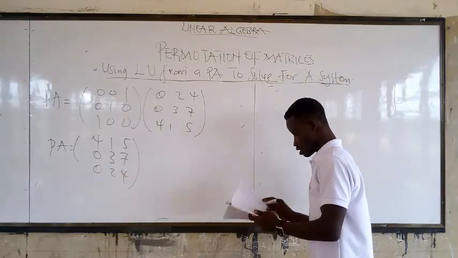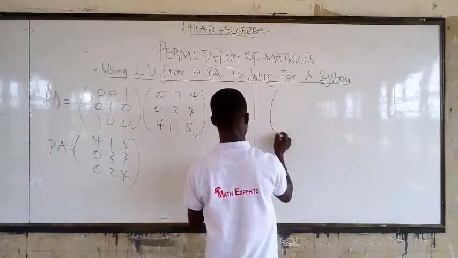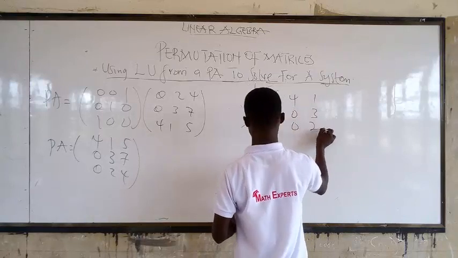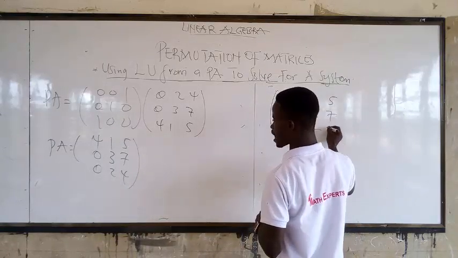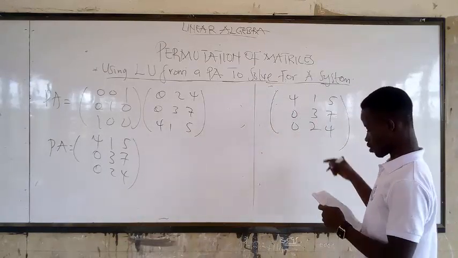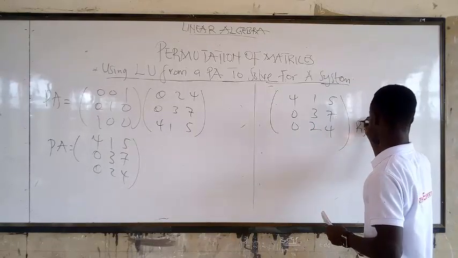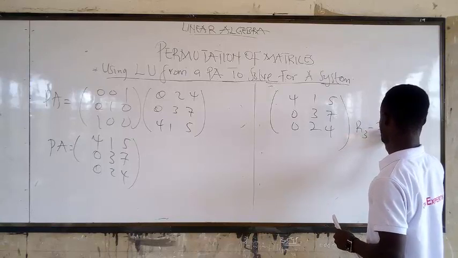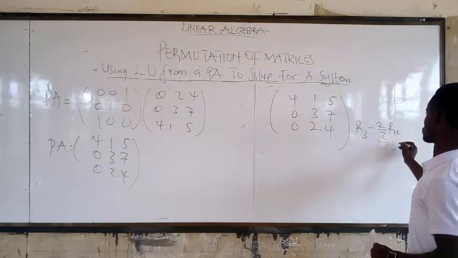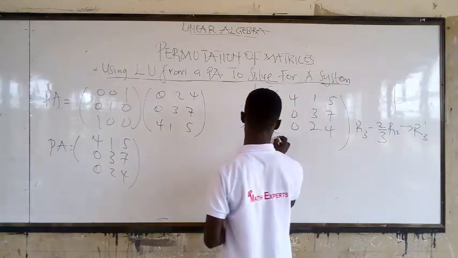So, where are we? Okay, so to obtain the upper, 4, 0, 0, 1, 3, 2, 5, 7, 4. 0, 0 is already here. We are left only this to be 0. Alright, so what will we do here? So row 3 minus 2 over 3, it's just simple, 2 over 3 row 2 into new row 3. Alright, so when you do that,